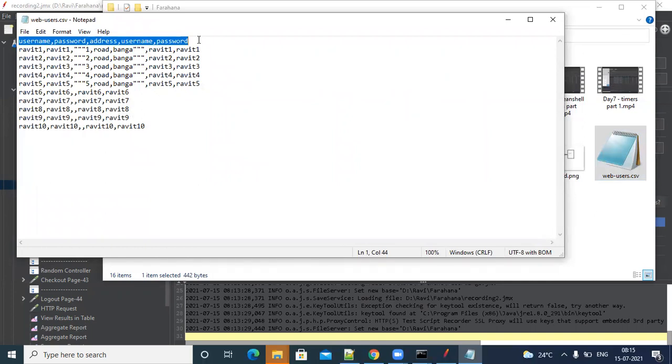I mean the CSV has headers, I mean columns and rows. In each column you define the header, and in the rows you define the data. So here I have 10 usernames and 10 passwords. Ignore other fields as of now. Okay. So we have 2 columns. The first column is username and the second column is password. In these 2 columns, I have 10 rows, which represent user 1 username password, user 2 username password, user 3 username password. Okay. So this is comma separated. It should be .csv.